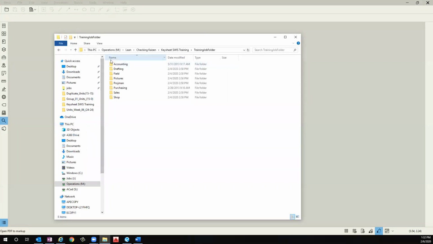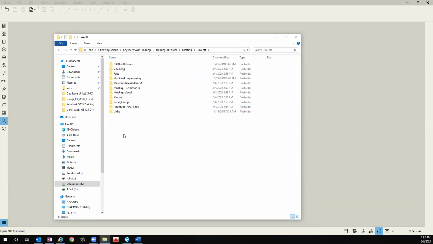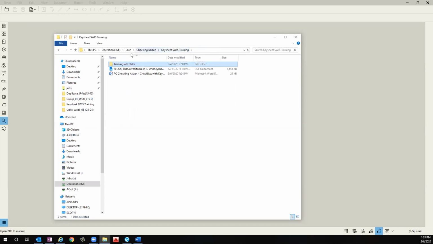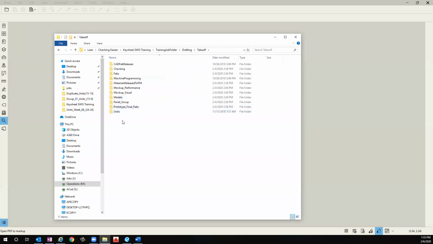When you go into your jobs folder and you go into drafting and takeoff, you'll create your Keysheets in the normal manner, and then you'll publish those into this spot. I have a copy of that made here. I'm just going to copy and paste this in. For your normal process, this is going to have,